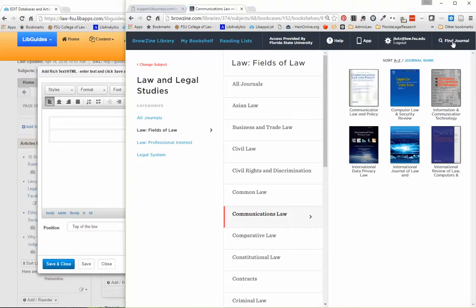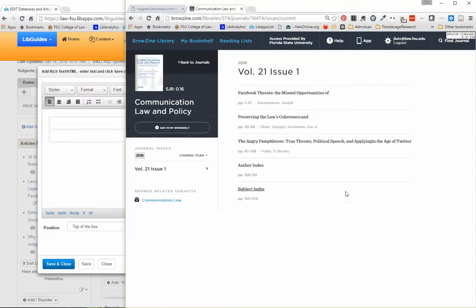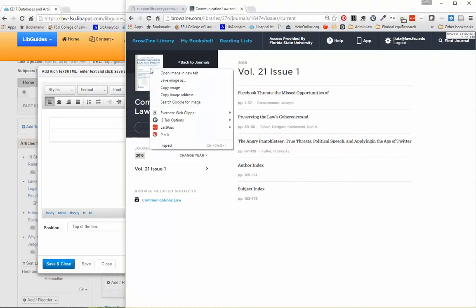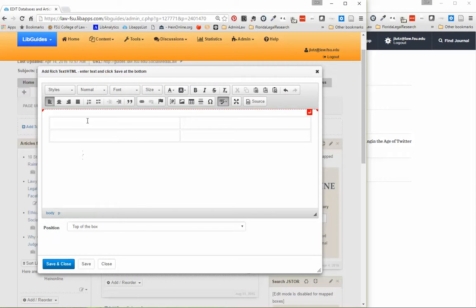You can do a search to find journals. But this is what comes up under the fields of law, communications law. I'm going to click on each of these one by one. For here, I'm going to go to this cover, copy image address. I'm going to come back over here and click in the first cell in the table, go to the image